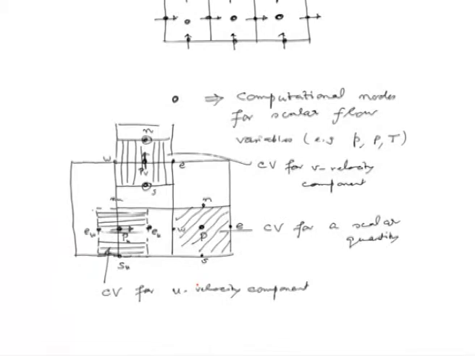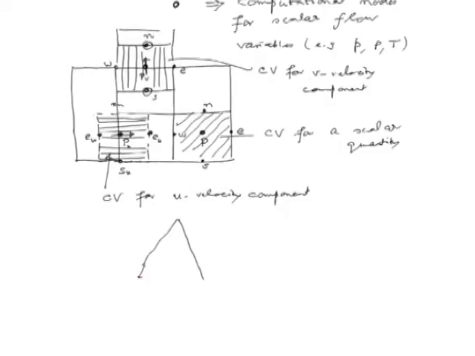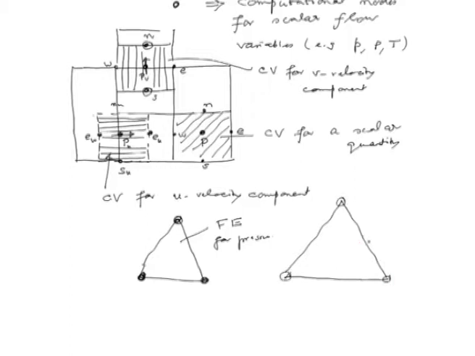Now, similarly, if you are dealing with finite element, then you would use linear elements for pressure, this is FE for pressure, and for velocity we will have to use a quadratic element, this is quadratic element for